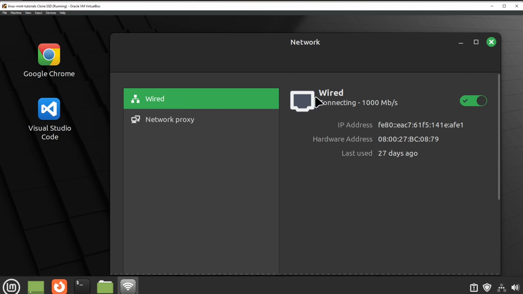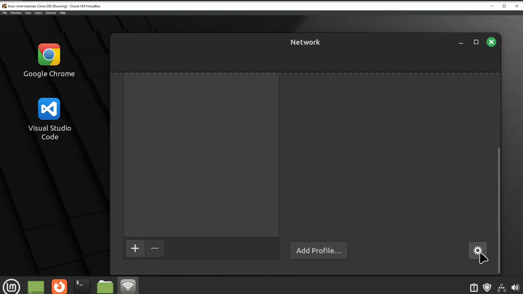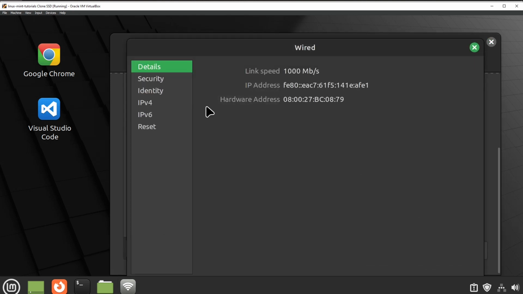This is the one connection by wire, and you need to press over this gear icon.